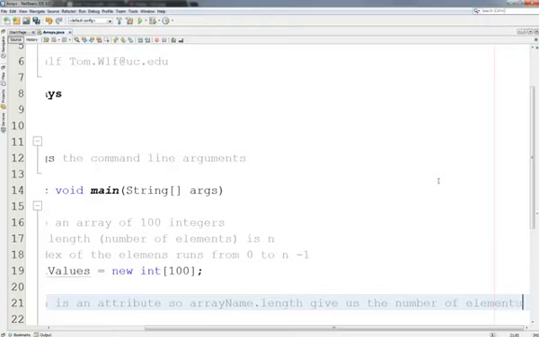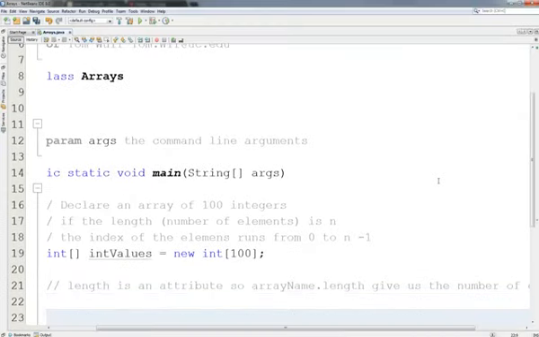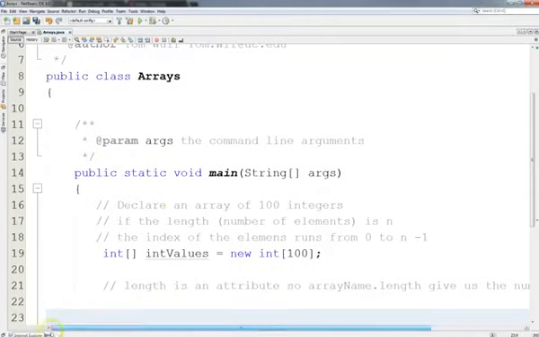Okay. Now let's go ahead and initialize this array, and it's got 100 elements. So it'd be really tedious for me to go through and do assignments, and I'm going to show you how that would work, and you'll see how painful it would be. So basically this array is called int values. I use the square brackets, which is how I index it, and then I put 0. So int values 0 is the first element, and then I could say equals